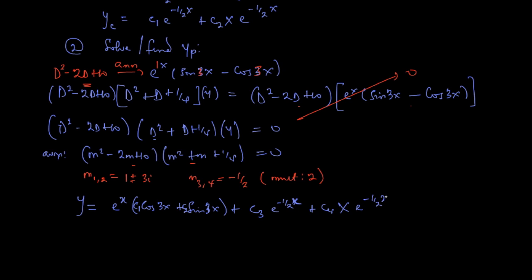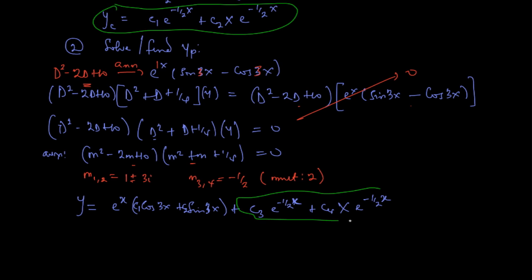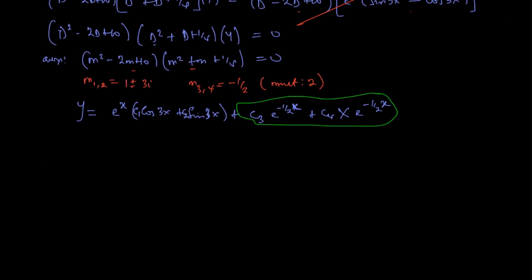The next thing is we recognize the complementary function from the solution we got. So this is my complementary function here, and you observe that this is the complementary function there. That implies that the remaining term of y is going to be our yp. That is, what we have here is going to be our yp. So now, having known our yp, let's continue solving. I hope you're enjoying it. So this is yp